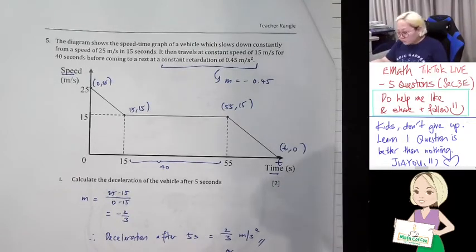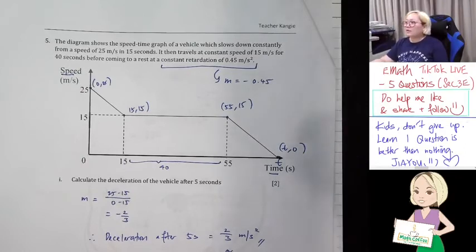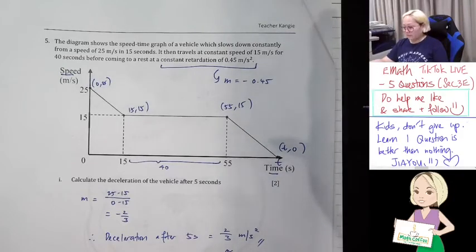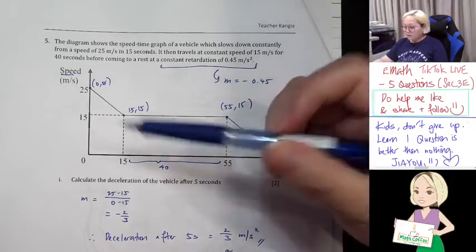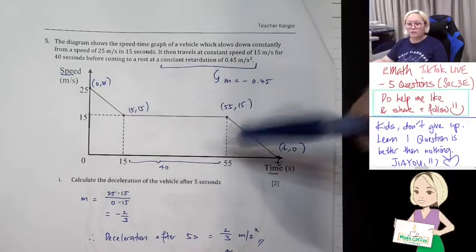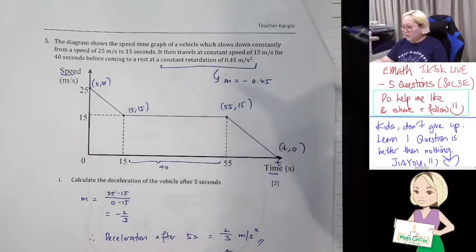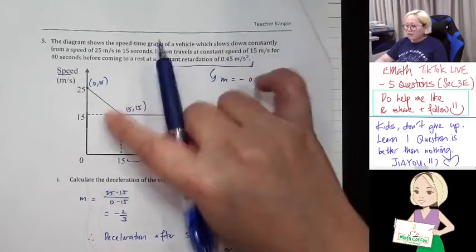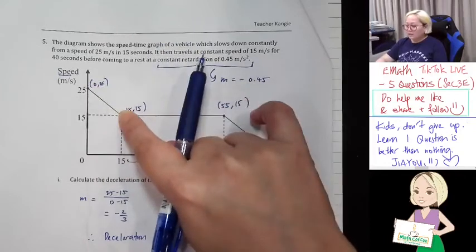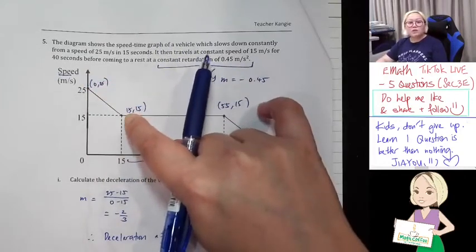Okay, so I repeat, you either are decelerating, accelerating, moving at a constant speed, or not moving. Okay, so let's continue my last question. Let's finish up the last part. So over here, 0 to 15, we are decelerating. So if we are decelerating, the shape of the graph is,